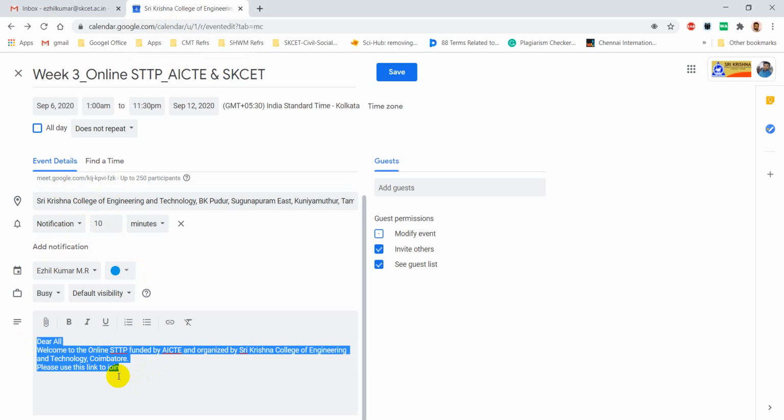and you can do one thing, you can share this link with your invited speakers. So I am giving a description related to that.